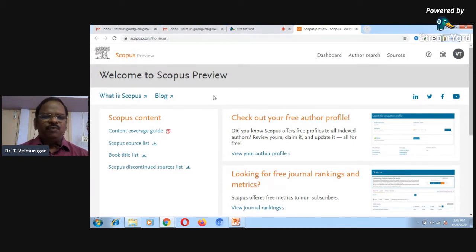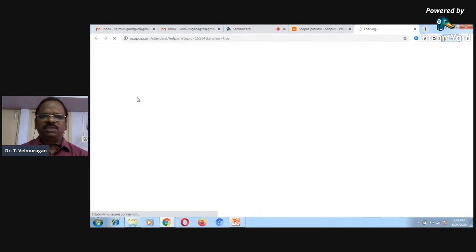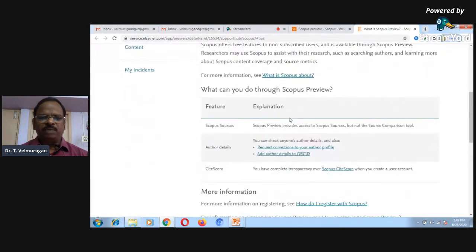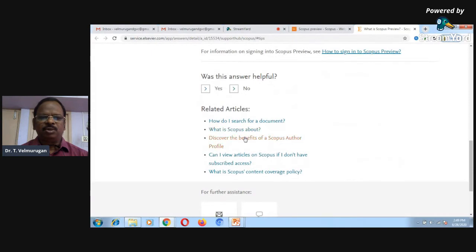If you want to find out first what Scopus is, you can go to this link. There you can find what Scopus is, what its use is, what the metrics of Scopus are, and what information is available. Everything is available, including how to search documents.